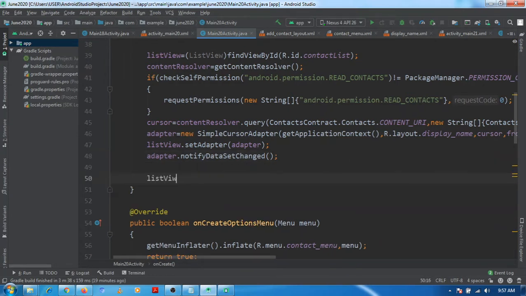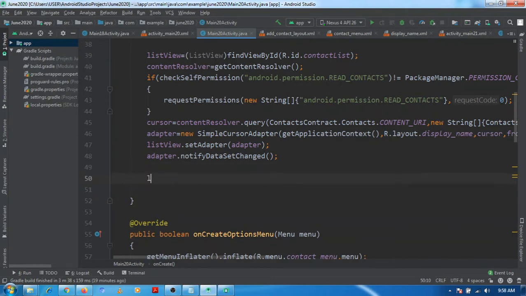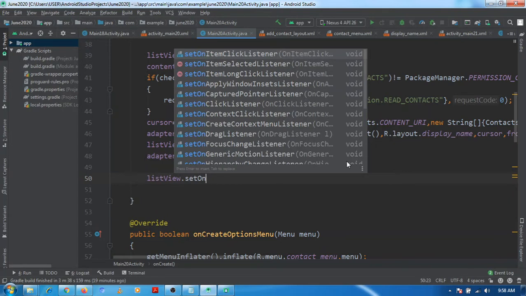List view dot set on item click listener.